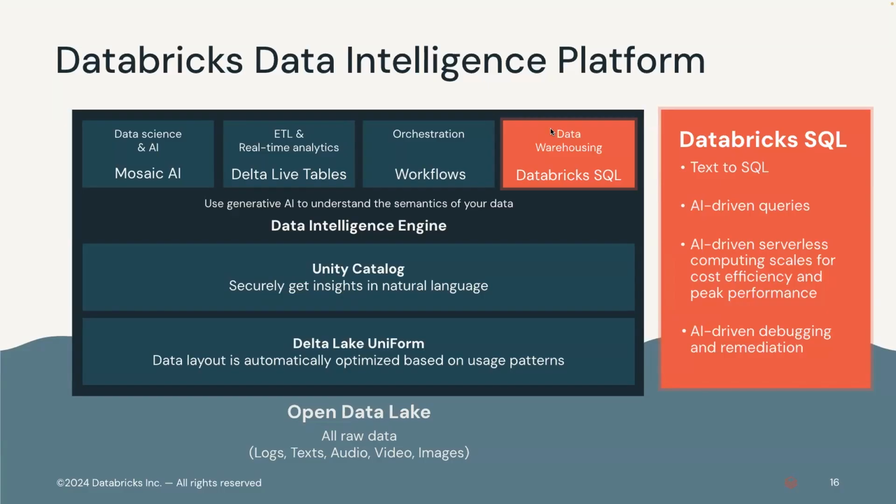On top of that, what is essential for everybody is to have unified governance. You don't want to do governance for every other tool or every other system, right? Unified governance helps to reduce redundancy and make your admin smarter, right? And that helps a lot to get insight into your data. And we build data intelligence on top of Unity Catalog, which understands the semantics of your data, and it will help you to grow your AI capability.